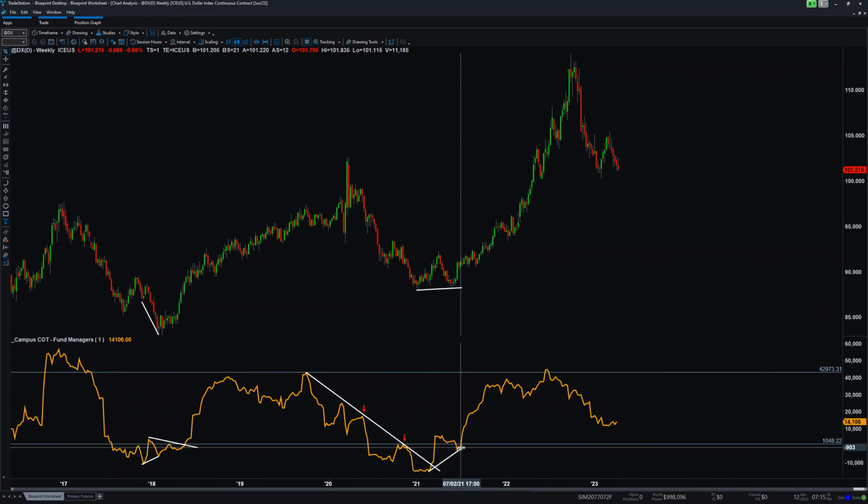So, whoa, the non-commercials again seem like they're front running everyone else, right? They're front running everyone else. And so what for sure we shouldn't do is shorting. We should be buying. And then again,